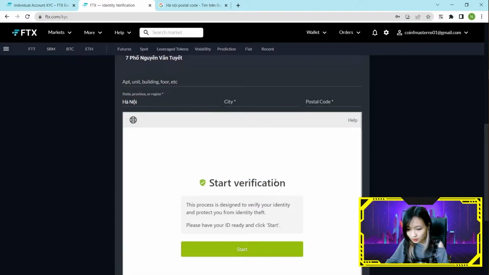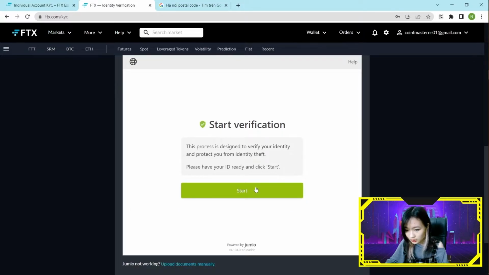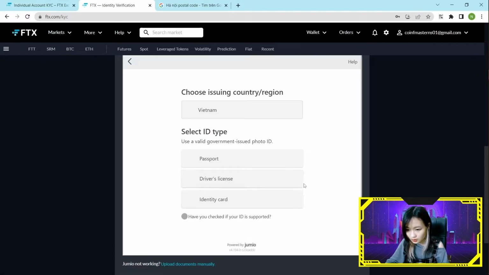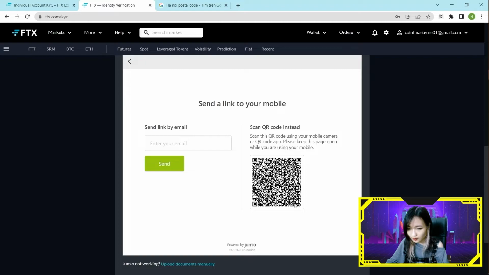So in level 2 KYC, you just have to submit your ID card information. Just click on start here. So as you can see here, after choosing your ID issuing country, you can select to submit either your passport, driver license or identity card. And then you will have 2 types of uploading method, which is continuing on your mobile or taking a photo using your webcam. So if your laptop or PC doesn't have a webcam, you can continue this step on your mobile. So you just have to click on it and then you will be given a QR code to scan